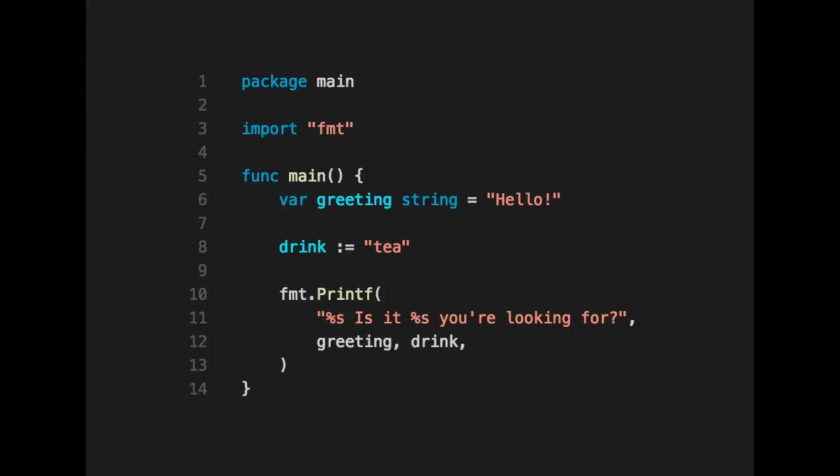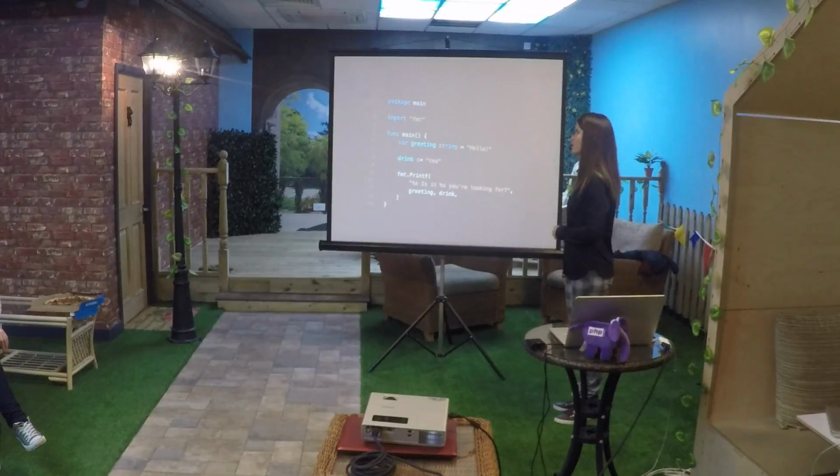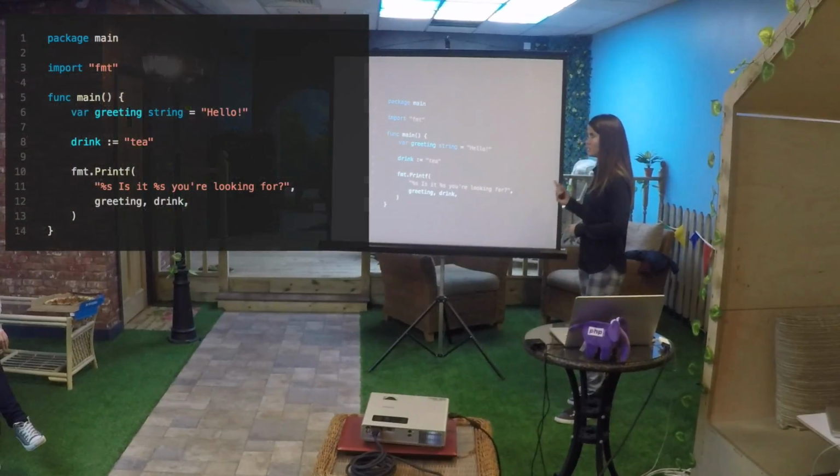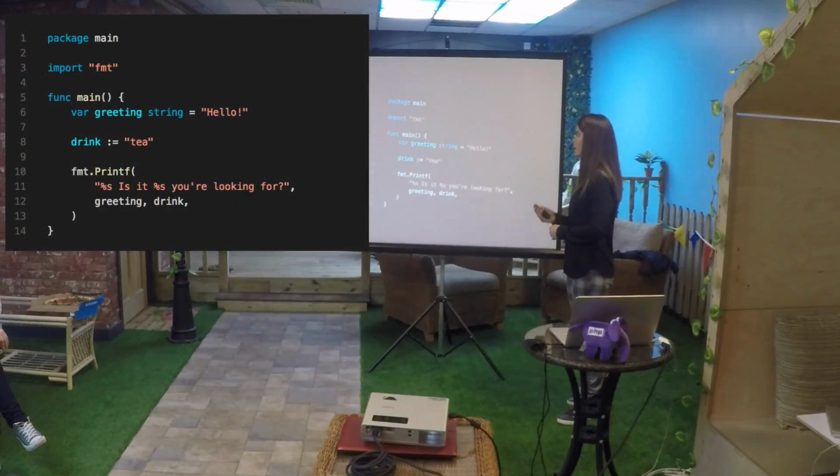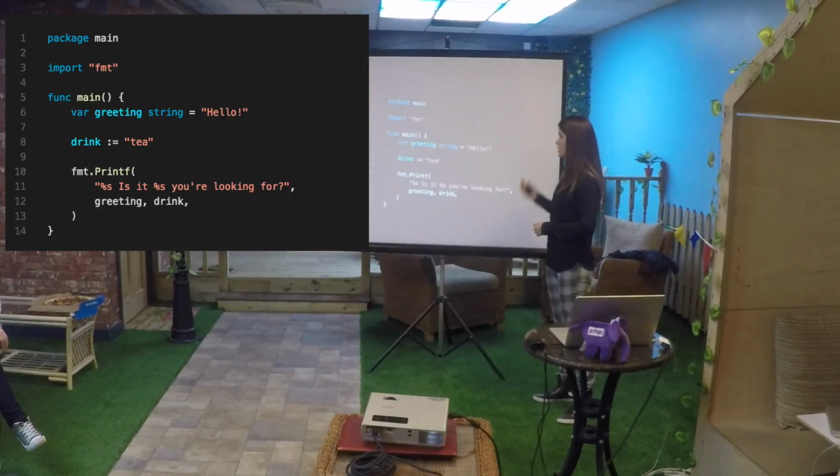So let's look at some Go. Enough of me describing it. This is a very simple hello world example. We've got a package declaration at the top, which is kind of like a namespace in PHP. Some import statements for which libraries you want to use. And again, there is a tool for that in Go that populates this automatically, so you don't have to do it yourself. And then the main function, there's two ways of declaring variables.